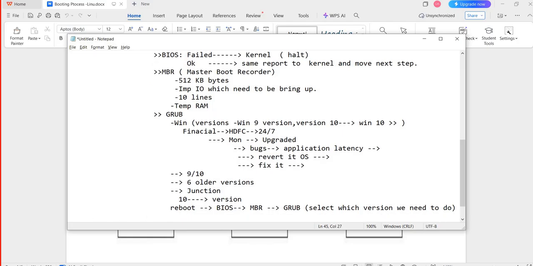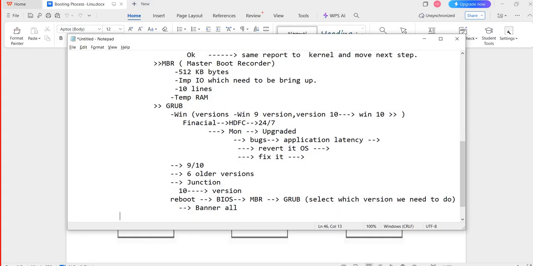I will boot up the server. Whatever the issue with the 10 version is, I'm going to fix it in the non-business hours. Non-business hours means let it be evening 6 o'clock or Saturday, Sunday. On Saturday, Sunday, I will give one banner to all. What is a banner? Nothing but